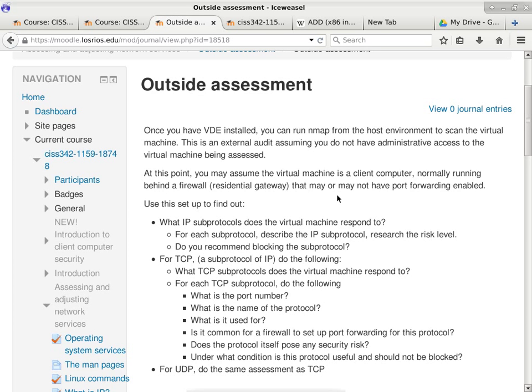So basically you'll be more or less repeating some of the commands that we ran through today, but you will also have to do some research and go, oh, what is the name of that protocol? What is it used for? So you have to look that up yourself and find some information. I specifically made the test machine to have some well-known protocols that have known problems. So when you read up the material on those protocols, you will go, oh, that's not good. And then you can explain, this is not good because of such and such.